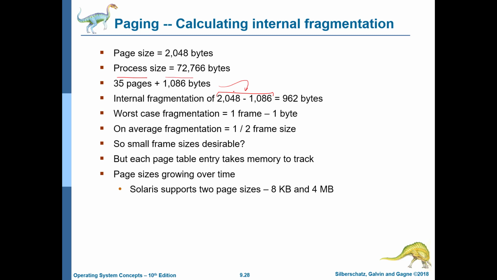The worst case fragmentation is 1 frame minus 1 byte, and the average case fragmentation is half a frame size. But given the fact that most processes nowadays have massive memory footprints, this is okay. Of course, the argument could be that we should not have very large page and frame sizes. We should not have 1 megabyte page and frame sizes, because the internal fragmentation would become huge, the expected value being half a frame size. So we shouldn't be doing that. 4 KB has been found to be a good enough engineering choice, and there is no need per se to go beyond that.